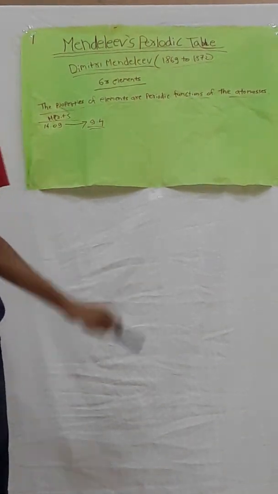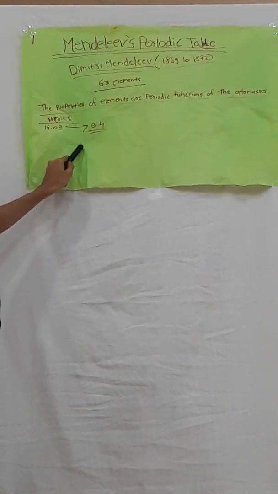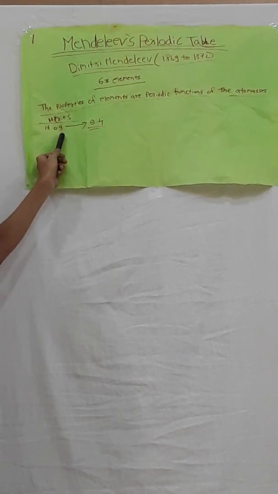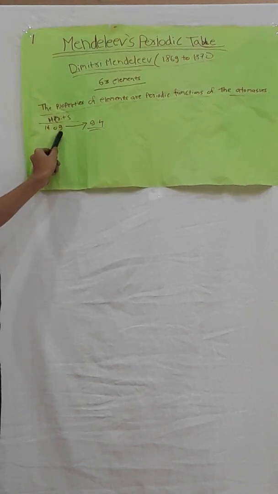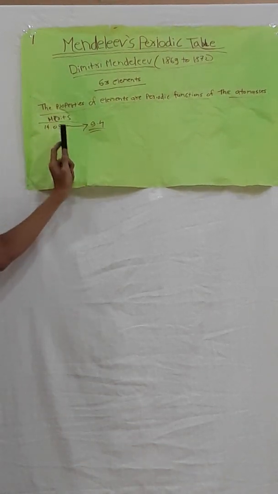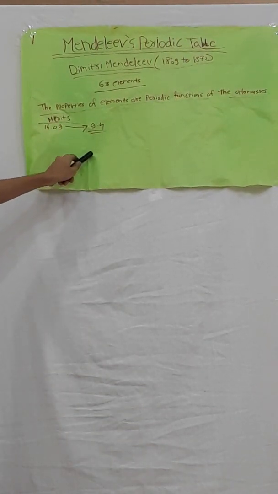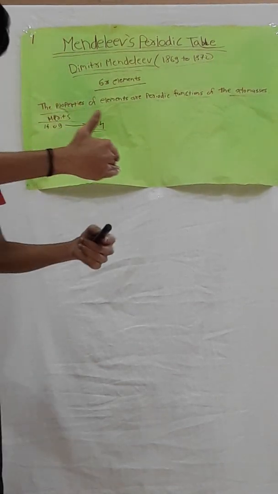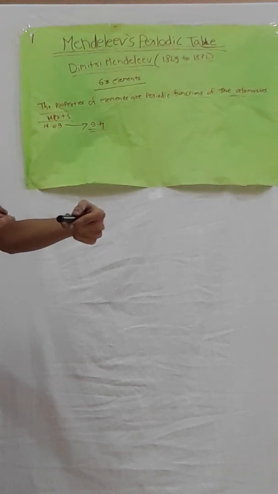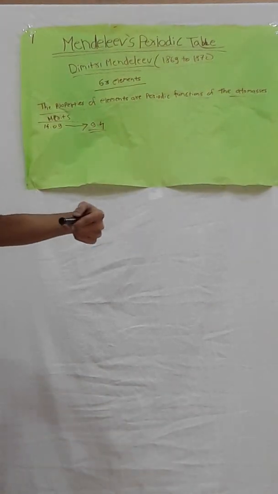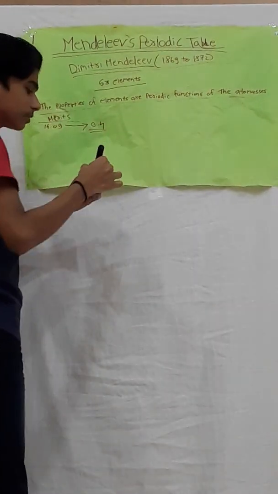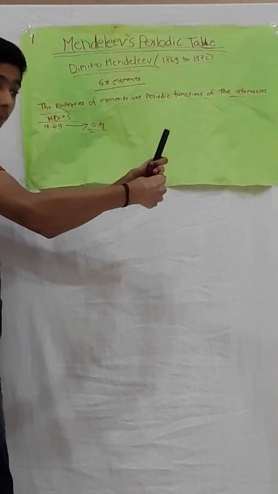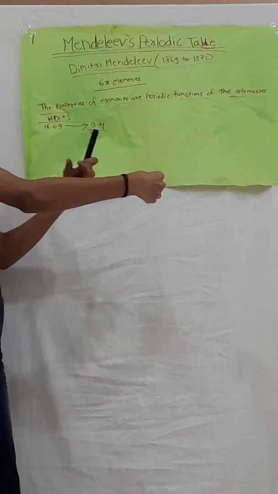The atomic mass of beryllium, 14.09, was changed to the correct value 9.4 and placed before boron. Means boron is here, then beryllium was placed before boron here. Okay,